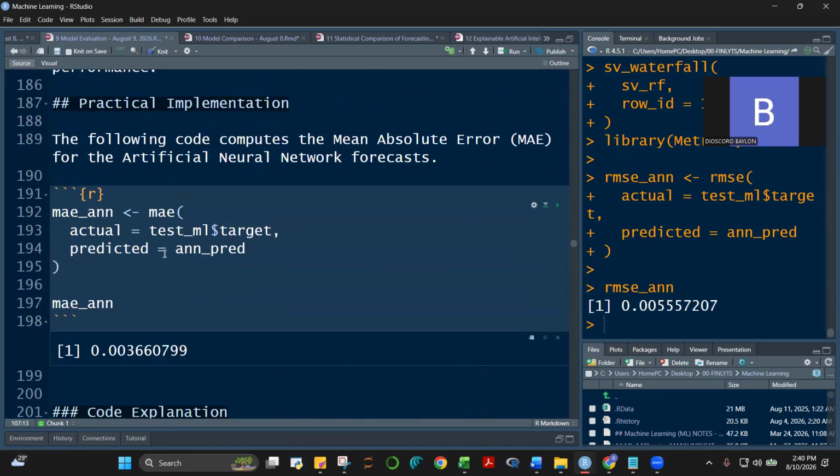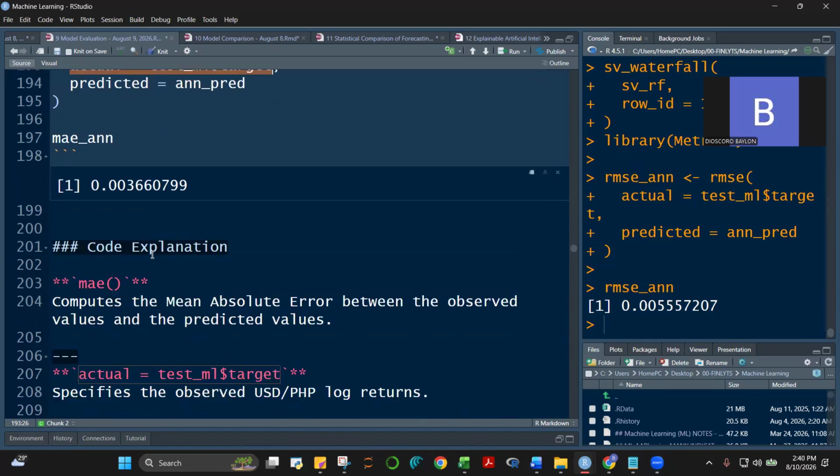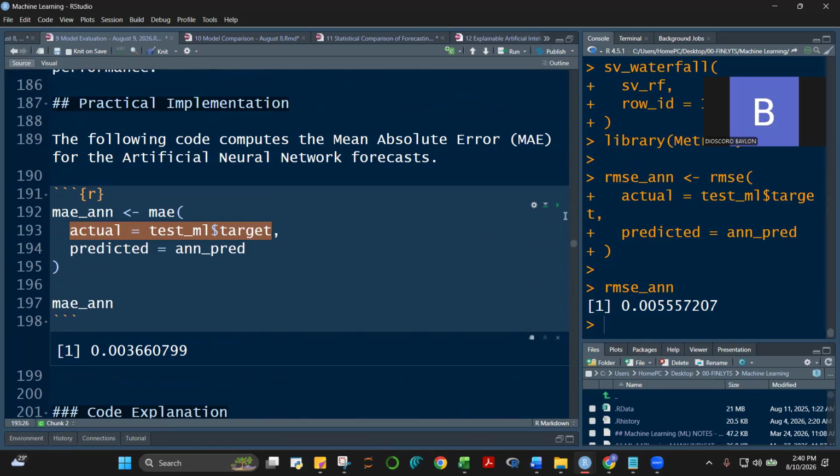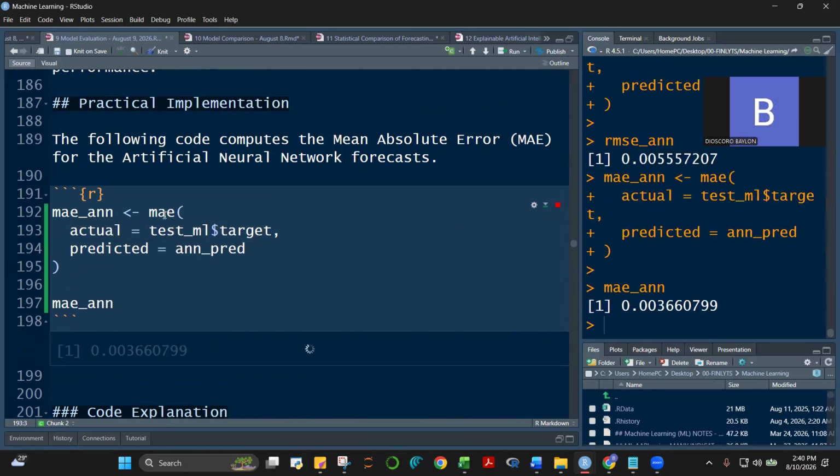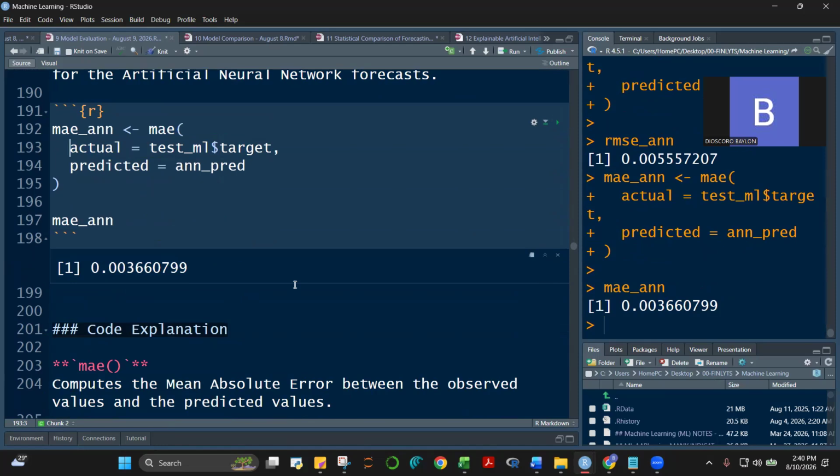Once again here, the function is MAE. So I'm creating MAE underscore ANN, and then you again define your actual data and your predicted value. When you run this, you'll get your MAE to be 0.00366.